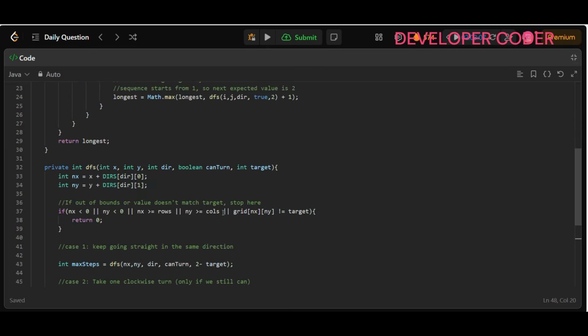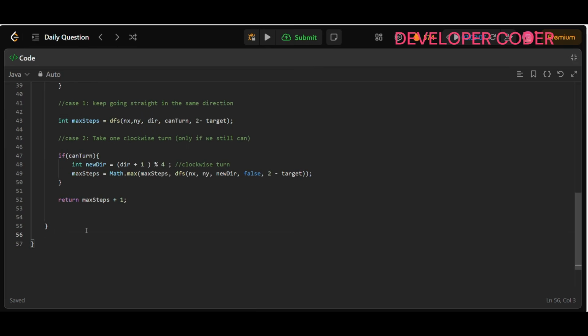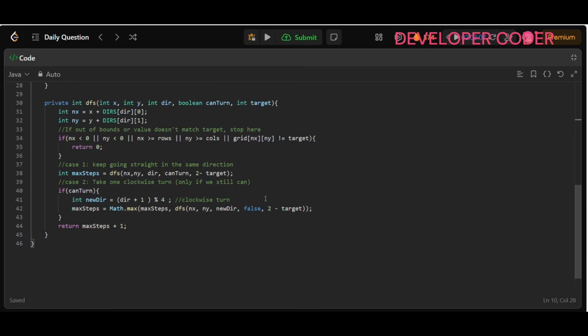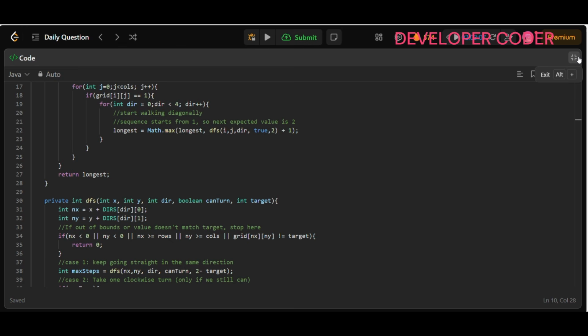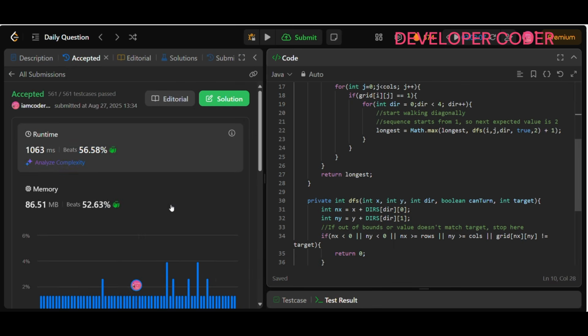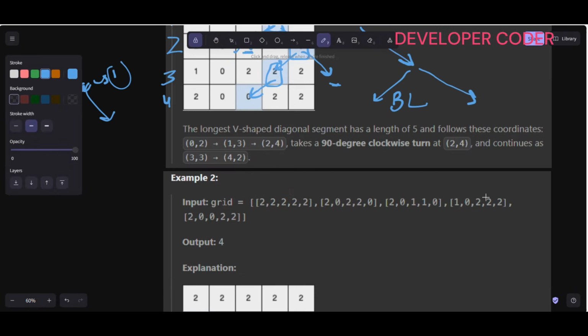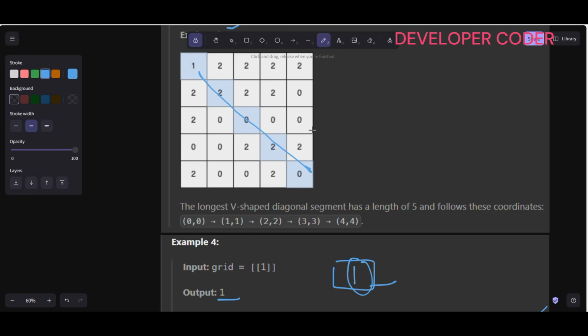And how many code lines we have written here? Just a few lines, right? But if you want to use memoization, then I can also do that if you want. Let's do that, right? Only 46, but code will be a little bit lengthy, but we are able to pass all the test cases, you see, right? Okay, so here, all right, so there may be some cases that from this point I am moving in this direction only, right? And I have calculated this result in the past, right? And from this point I can't make any other turn. I calculated this value, right? Now same way,